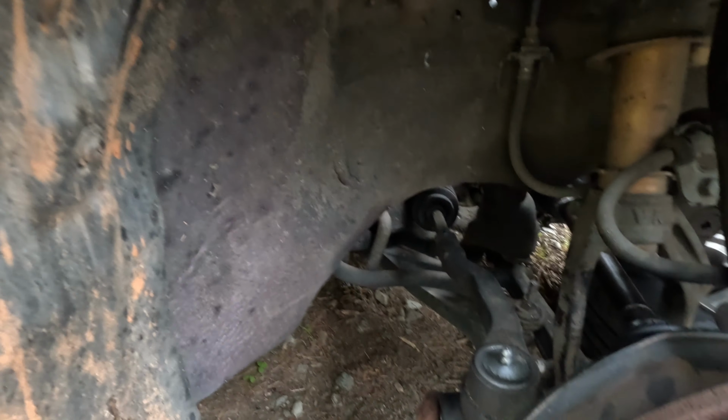So we're gonna tighten this up. I obviously highly suggest that you torque these to specifications and all that good stuff, right? So anyway, this is back on. It's torqued properly, the cotter pins are in,